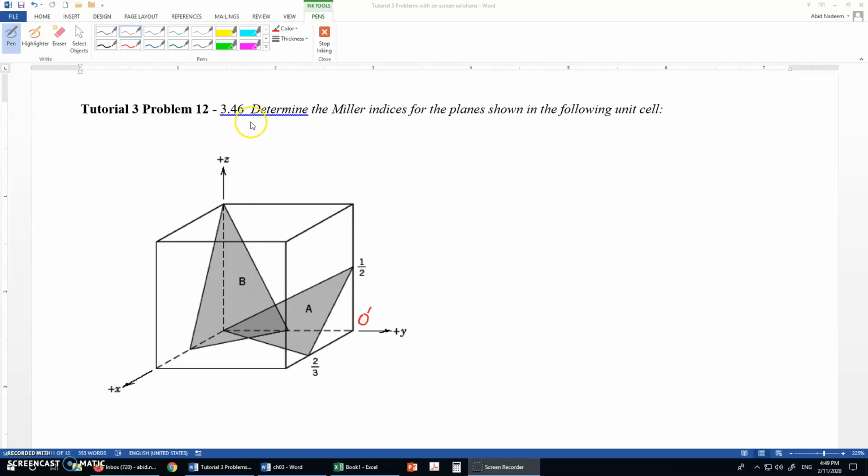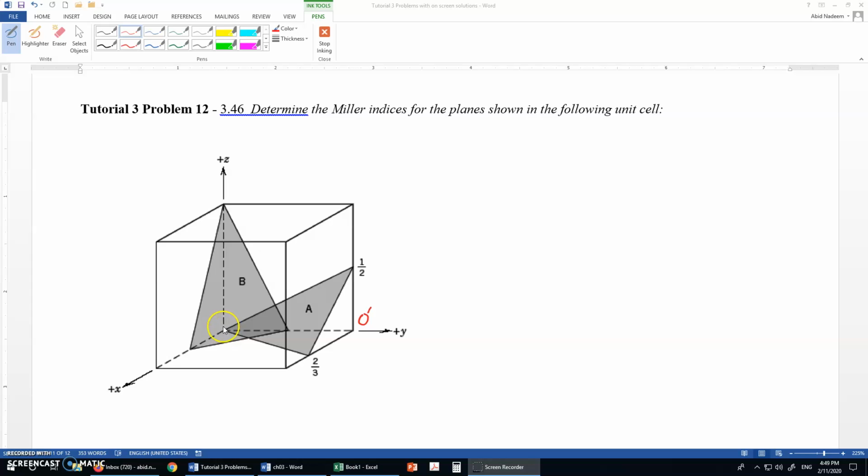Problem 12. Determine the Miller indices for the planes shown in the following unit cell. First of all, let's look at this plane A. There is another plane B as well, but let's look at plane A first. Plane A has one of its corners